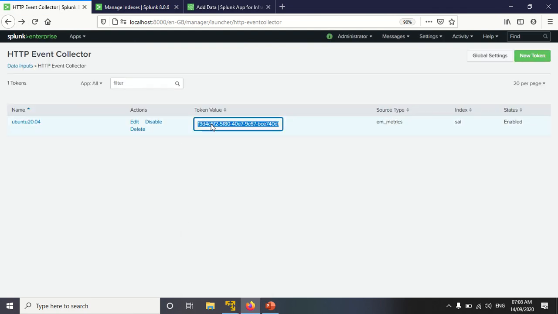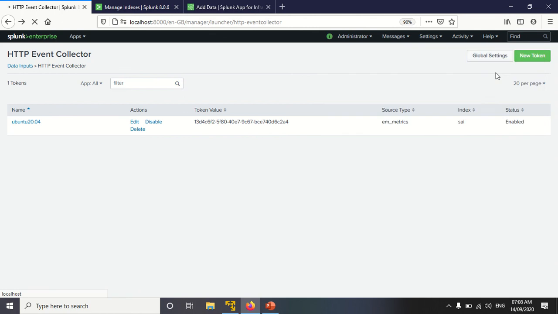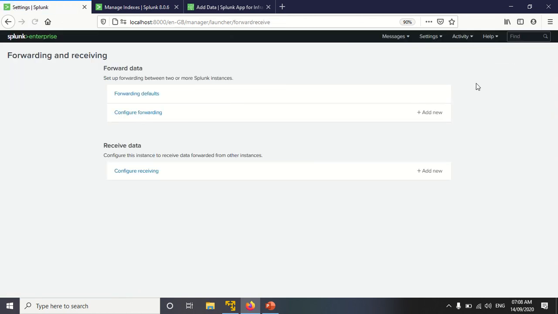Now actually I have already created the HTTP Event Collector token, so you can observe my token here. This is my token. To add this token to the Splunk App for Infrastructure, first you need to select the receiving port. So click on Settings, then Forwarding and Receiving, then Receiving Data.